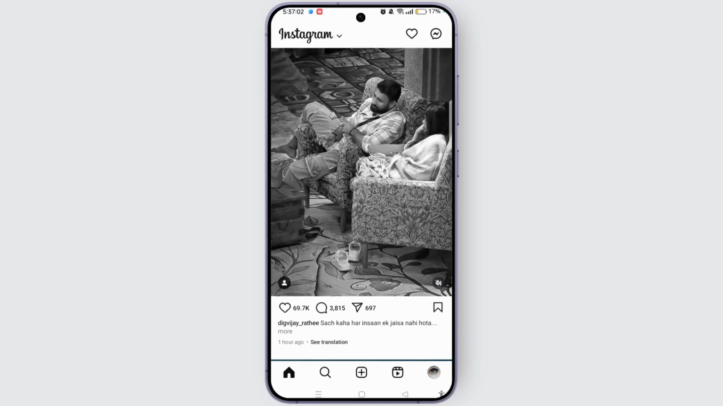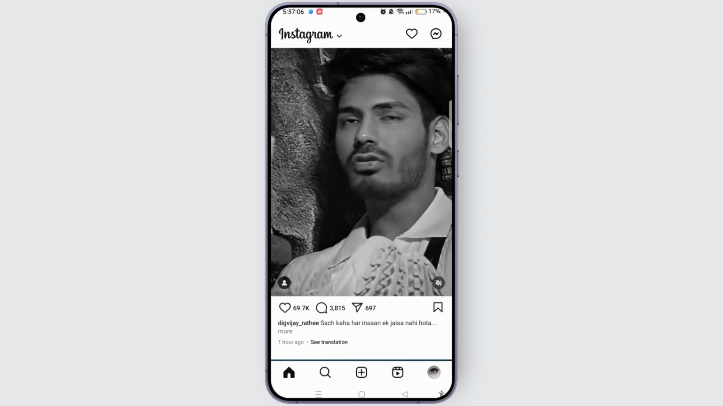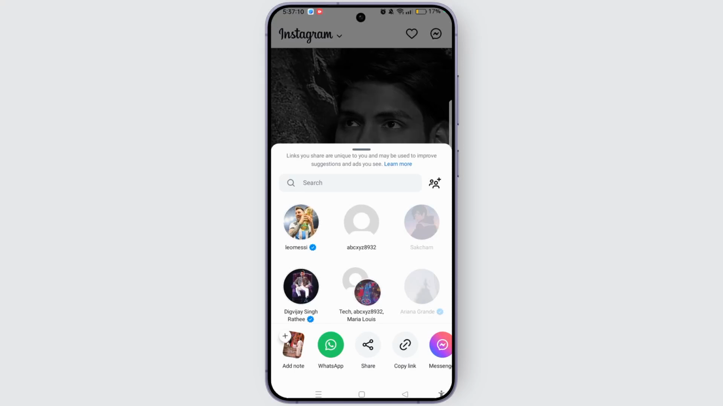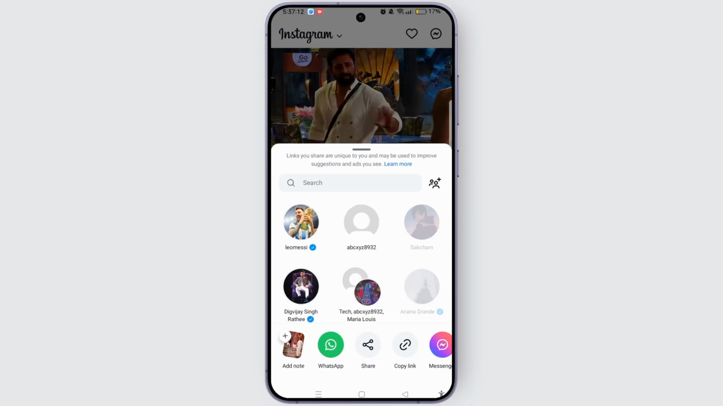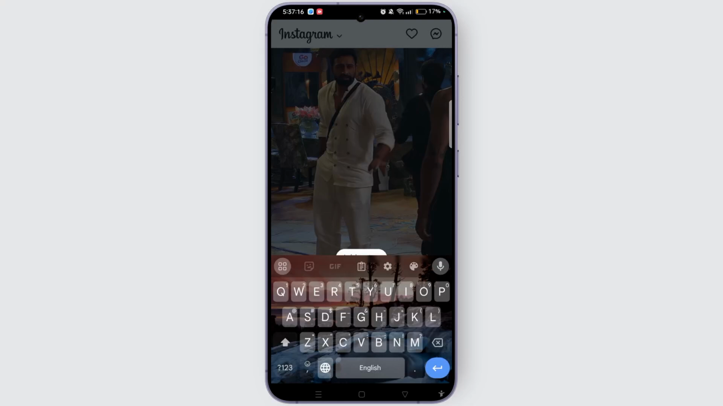Suppose this is the reel video that I want to add Instagram notes on. Tap the share icon at the bottom right corner of this reel. At the bottom left corner, you will find the add note option. Tap on it. And now you can simply type in any message